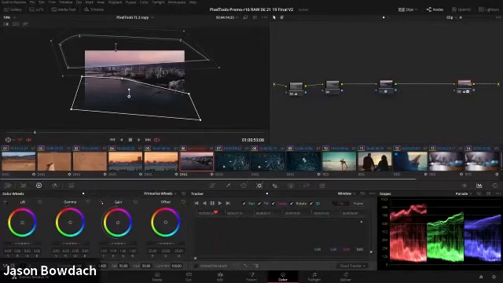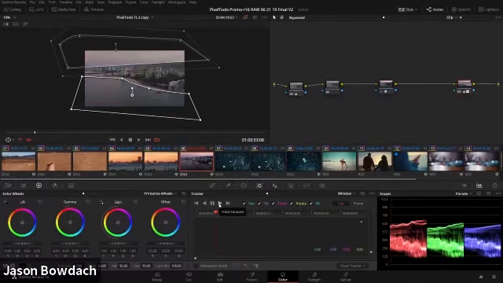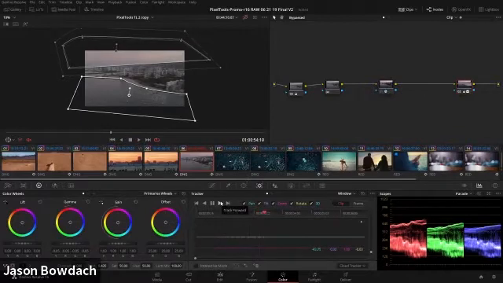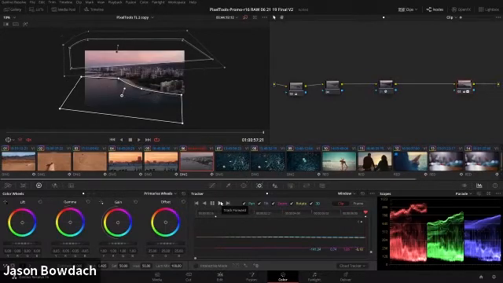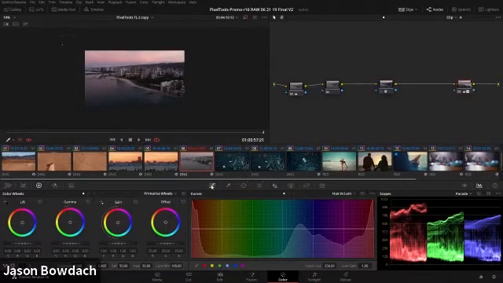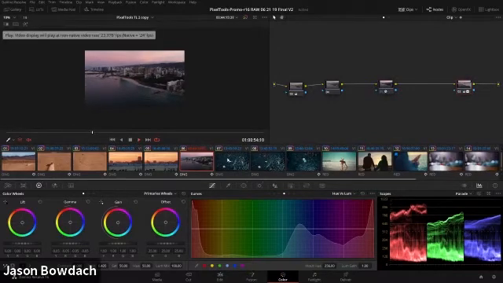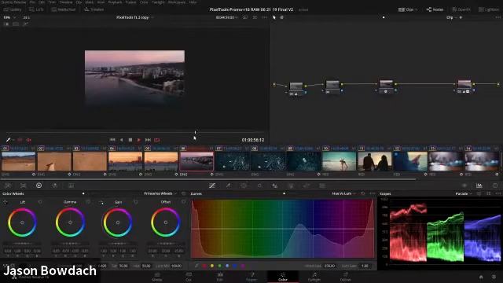Now, I also wanted to highlight this color here, and we will track. Another quick tip: if you have a very complex grade in DaVinci Resolve, you will notice the tracking is slowed down. If you disable your grade with Shift D, the tracking is significantly faster. I'm going to Shift D to turn my grade back on. Now, if I turn this on and off, you can see that I've really highlighted the buildings.